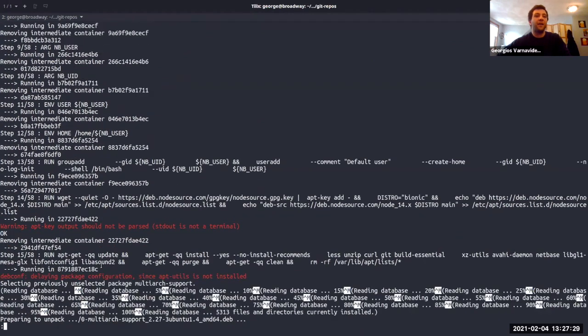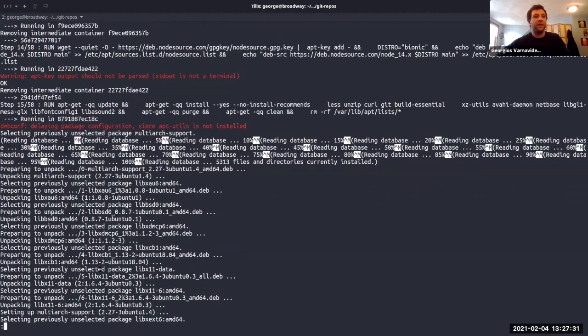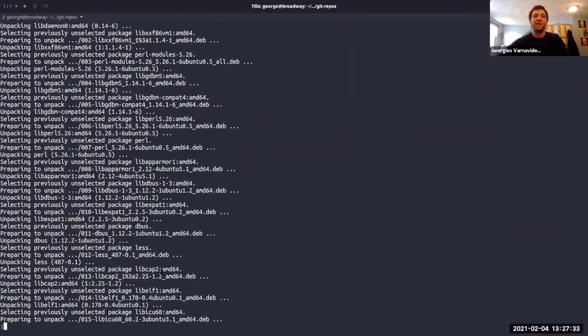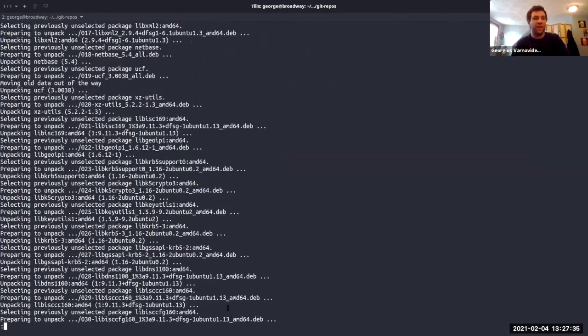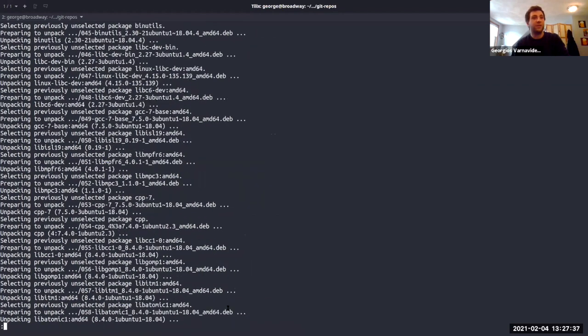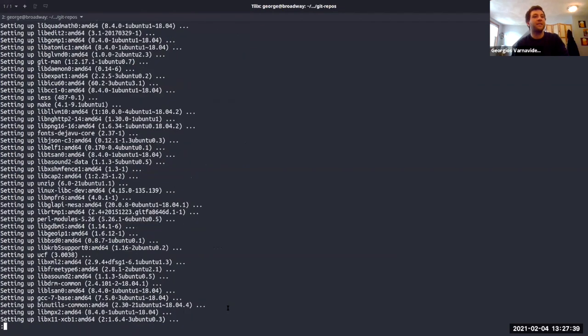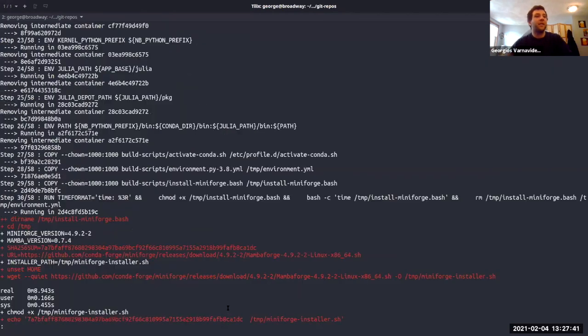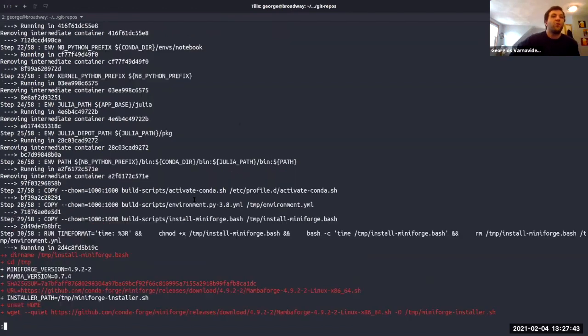And then, okay, this is still all the sort of the initialization. So this is sort of typical apt-get output. I guess what I want to get at is here. Okay, so right now we finished with the OS installations, and what we have is this, we're going to install